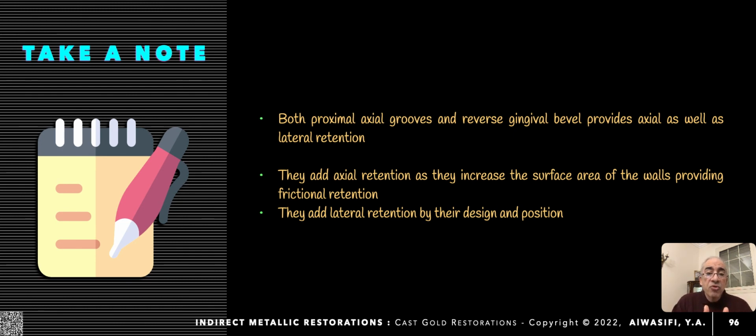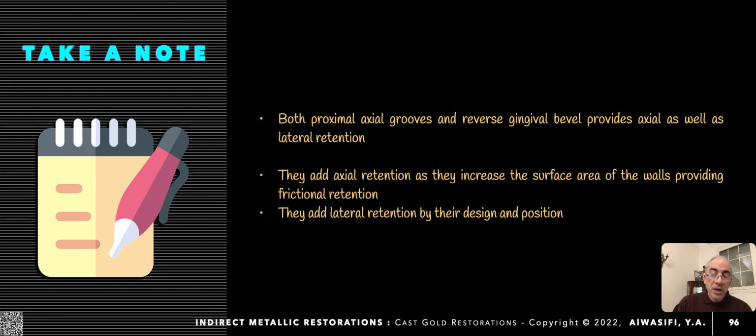The same for proximal axial grooves. Proximal axial grooves, by their cutting design, extend buccally and lingually rather than axially, so they provide lateral extensions that engage your gold and prevent its lateral displacement. But at the same time, by grooving this line angle, you add much more surface area that will provide also